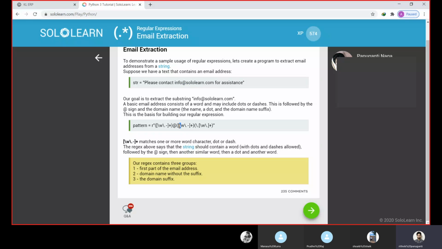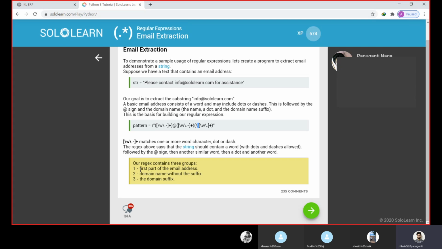Here we can see the backslash outside the bracket, so this is a backslash dot. After the dot, what we can have is dot in, dot co, dot in, dot com. Whatever we enter after the dot will be taken here.